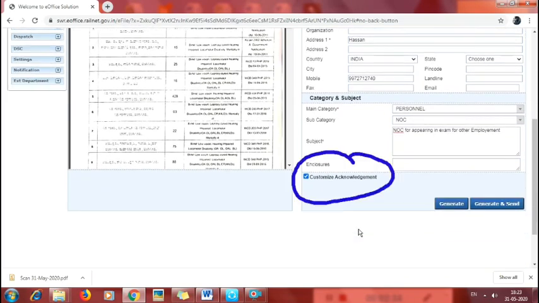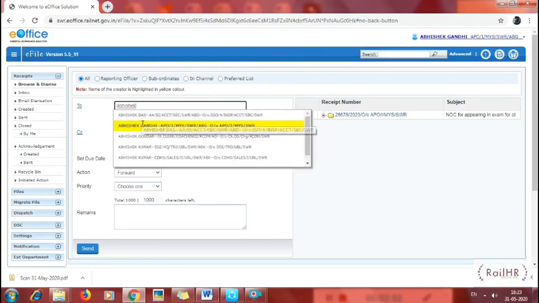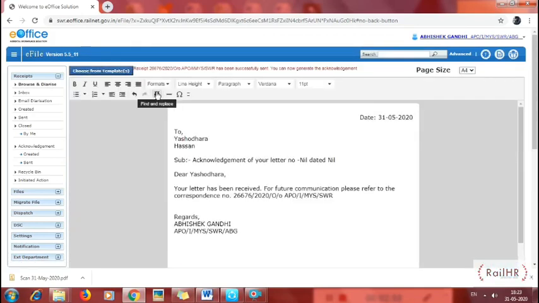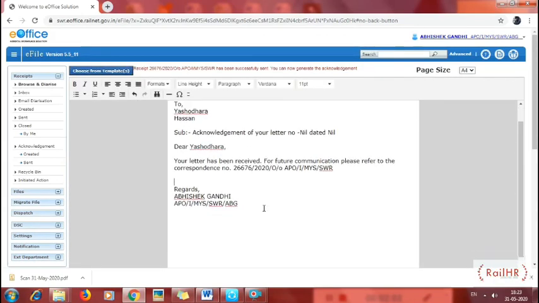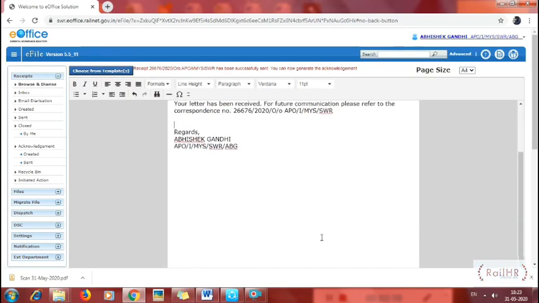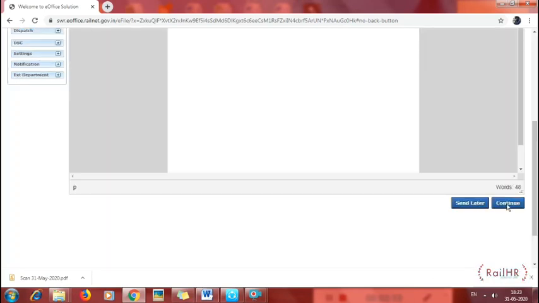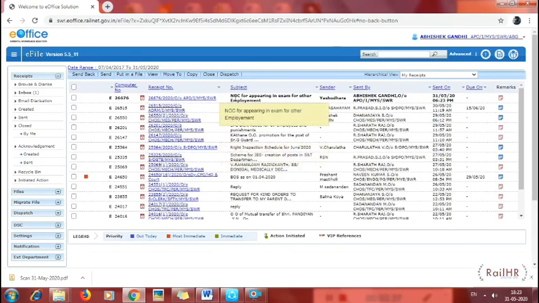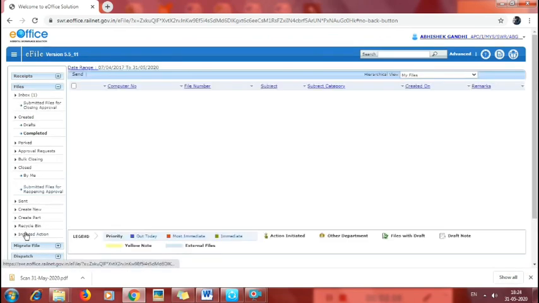After this, a suitable category should be selected and the right subject should be given to this letter. Then we can send this to ourselves so that it reaches the inbox section of our receipts. When we press the send button, automatically the acknowledgement window will come up. Here we can alter the content of this acknowledgement letter and it will directly reach the mobile as well as email of the receiving person when we press the continue button. Hence, when the file reaches our inbox, the applicant will also get an acknowledgement and he'll remain assured that his work is taken up by the administration.